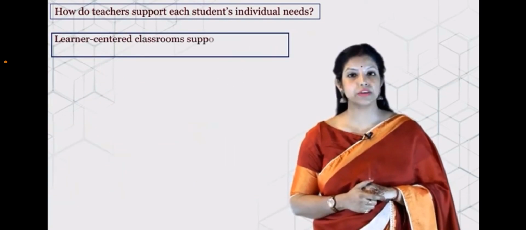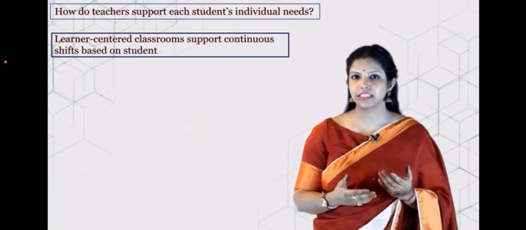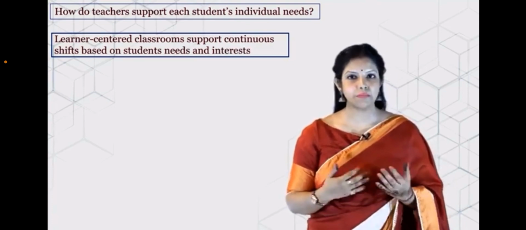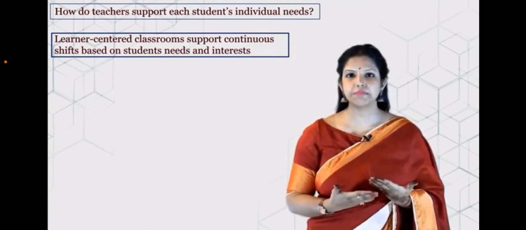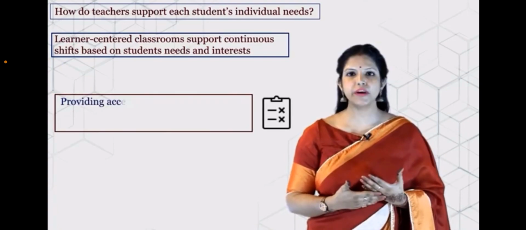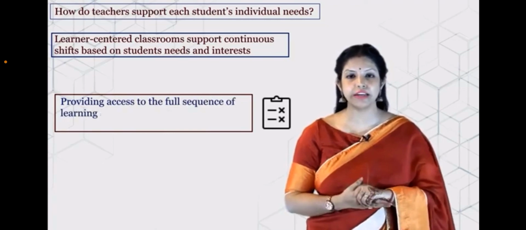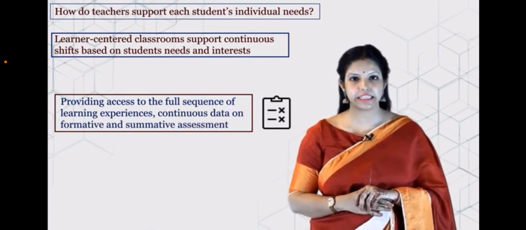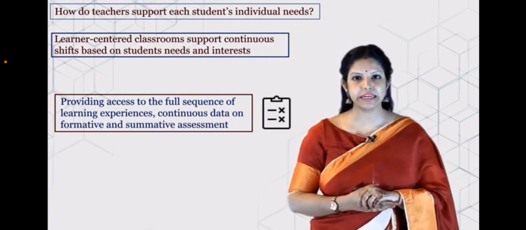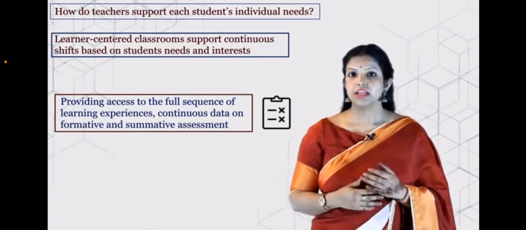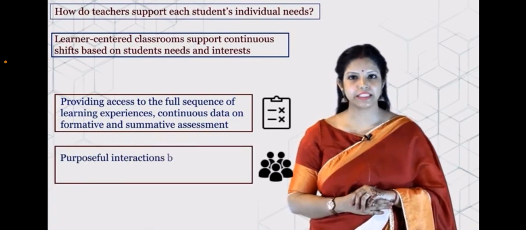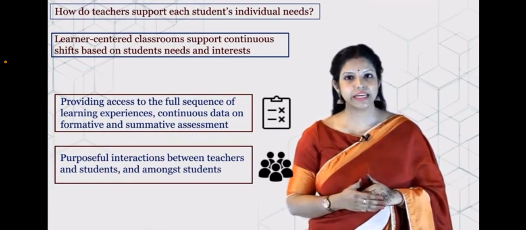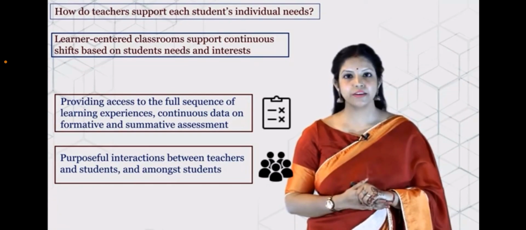Learner-centered classrooms support continuous shifts based on students' needs and interests. The design of the learning space in a competency-based classroom is to maximize student agency by providing access to the full sequence of learning experiences, and continuous data on formative and summative assessment about student progress towards competency. This is accompanied by purposeful interactions between teachers and students and amongst students, thus creating opportunities for rich discussion, feedback,